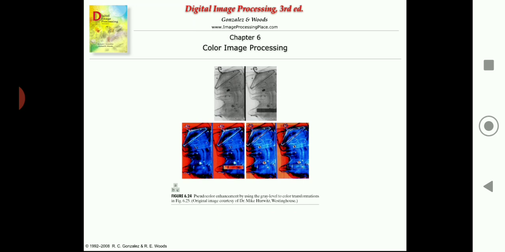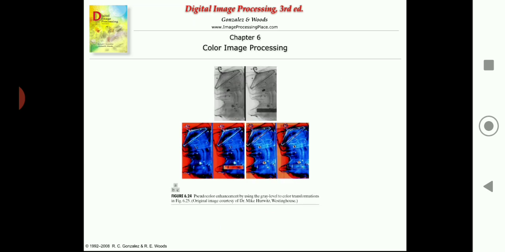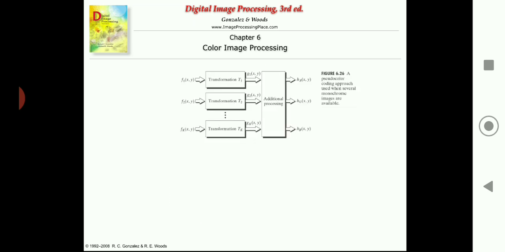And whatever image you saw here was a single monochrome image. But most of the time, what is the case we have? We have a case wherein we would like to combine several such monochrome images into a color image of our interest. Whatever figure you are seeing right now is of a single monochrome image, but our interest is to produce a color image. How can you produce a color image? By combining these monochrome images. In that case, you require an additional processing unit which would look something like this.